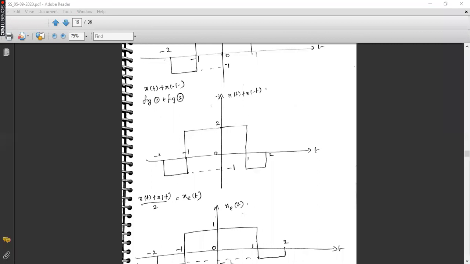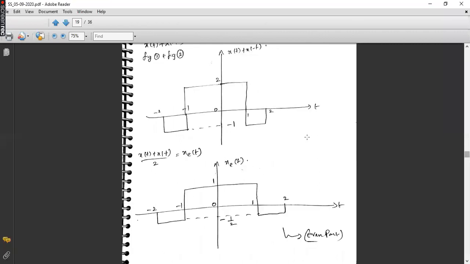Now to plot the even signal, you know the formula. The equation for even is x of t plus x of minus t whole divided by 2. So this is the even signal what you have. So what we have is, here the amplitude is 2 and here the amplitude is -1. So to divide by 2, what should be that? This 2 will become 1 and this -1 will become -half. So the only thing you have done is, you have changed the amplitude to half of the previous value, divided by 2, and the time axis will remain same. There is no change for time axis. So this is the even part that you got.